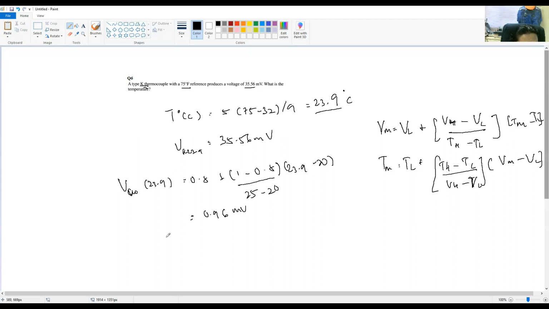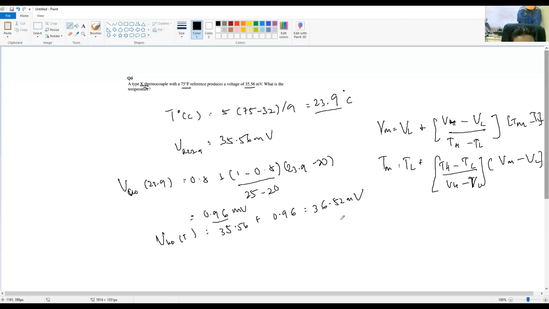So V_K(T) equals 35.5 millivolts, plus 0.96 millivolts, so the answer will be 36.52 millivolts. And then from the table of the K thermocouples, this voltage lies between